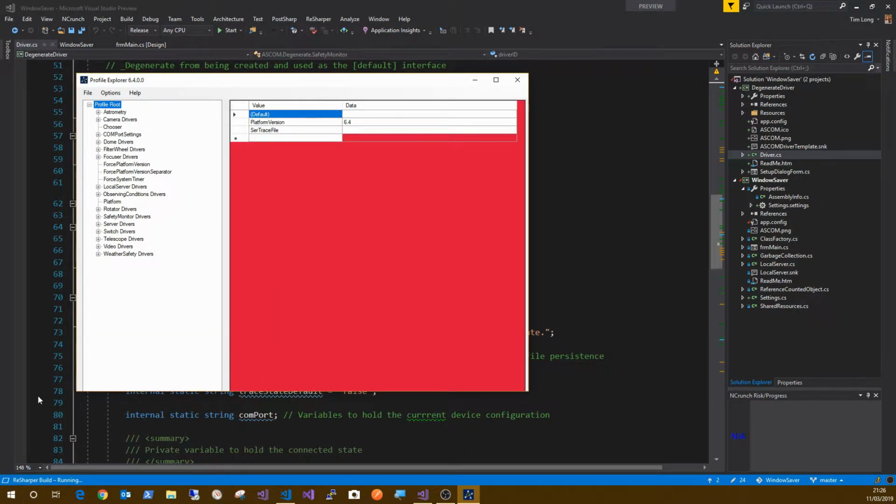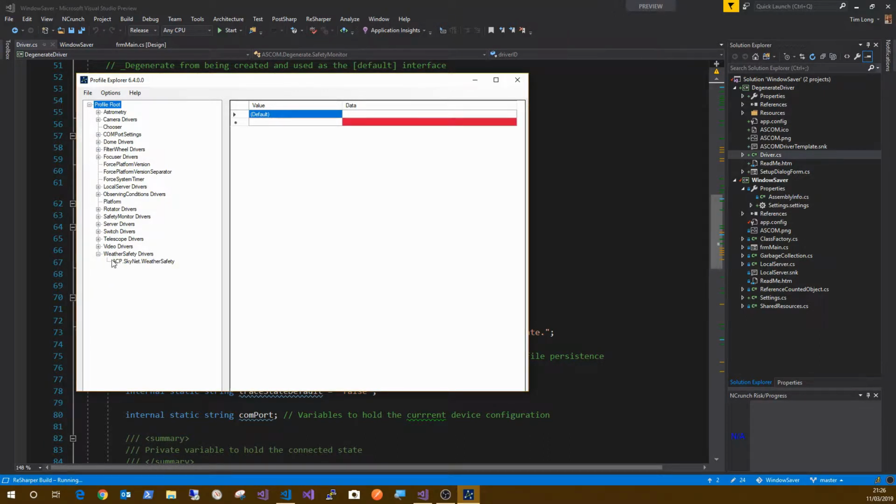Okay, there we go. So if we look under weather safety, did I call it weather safety monitor? I've probably just messed up my registry. It should have been called weather safety. No. Oh no, safety monitor's good. So I'm not seeing a degenerate driver in here. Why would that be? Is that possibly because I've not tried to access any settings yet? So, okay, what we'll do,